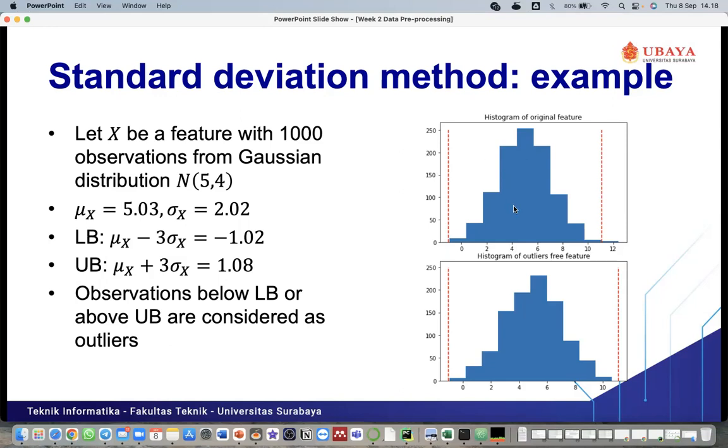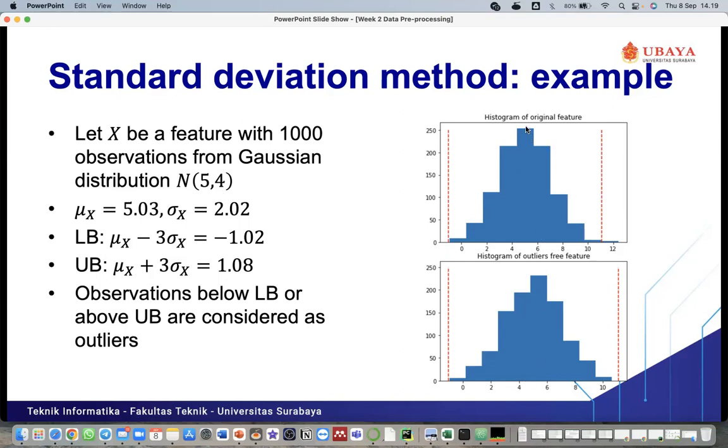So the mean value from our data is 250. The Gaussian distribution will form like this. So the mean value will be 5. What do you think about this? Is the mean value also 5, or maybe close to 5?